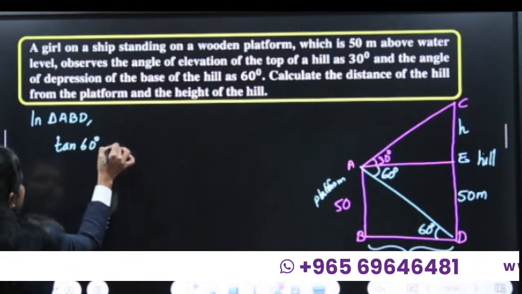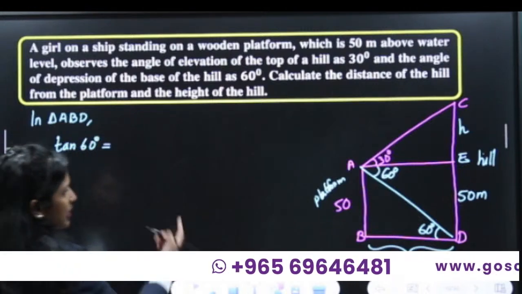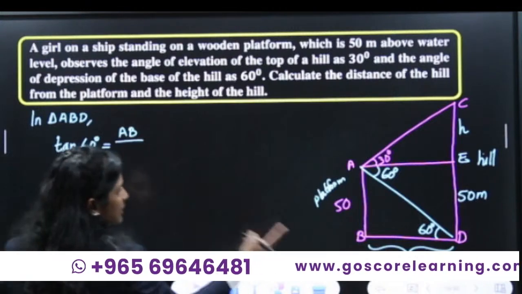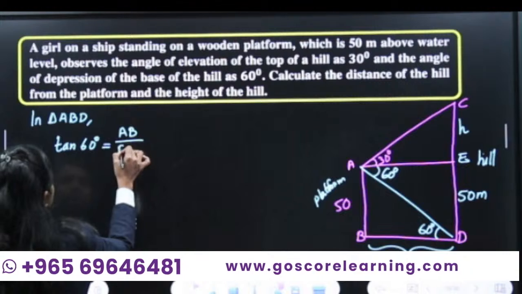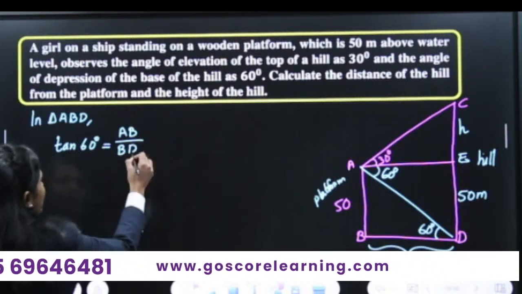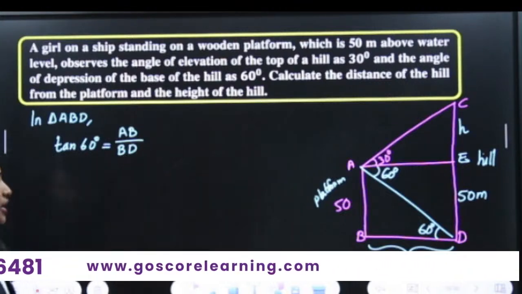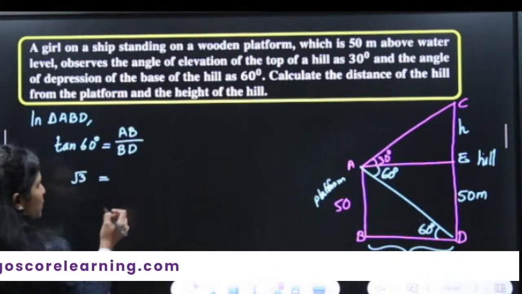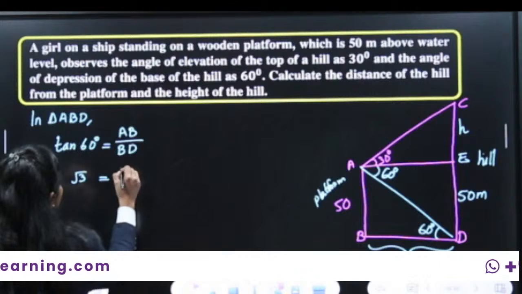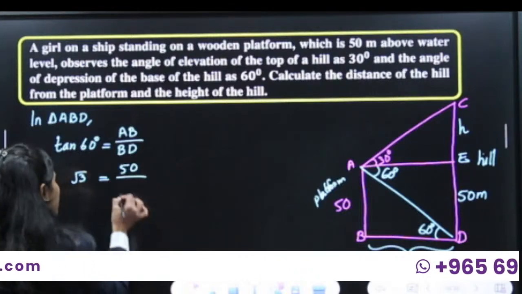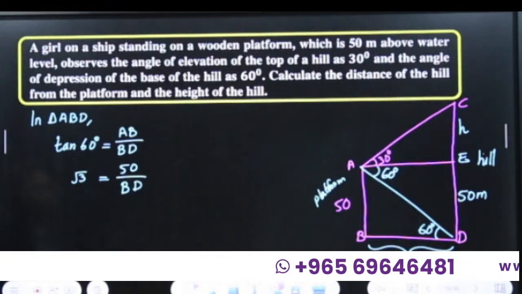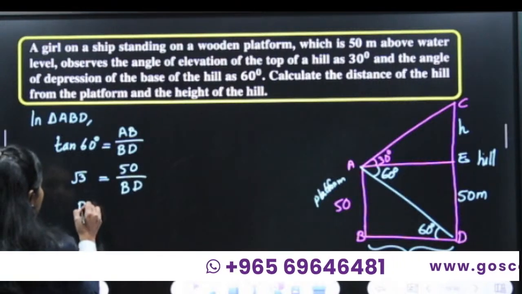Tan 60 is equal to opposite side as AB divided by adjacent side as BD. Okay, AB and BD, got it. Now tan 60 is root 3, which is equal to AB is 50 divided by BD. We don't know BD. It's okay. It's not our fault. We need to find that. Okay. So BD is equal to